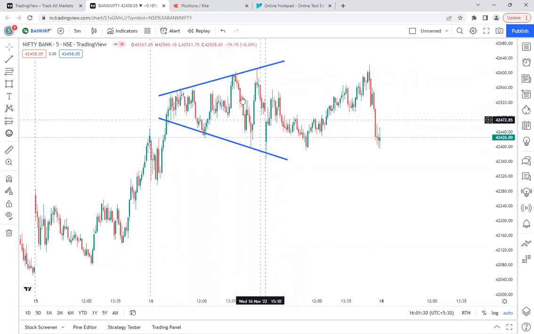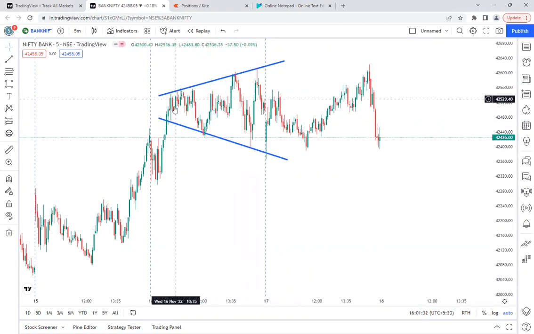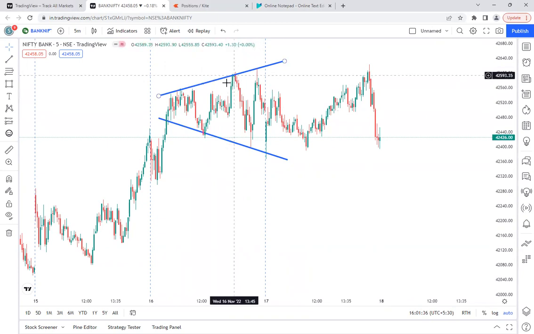And in this pattern, what we are observing mainly is that those who sold Bank Nifty here got killed off. That means they killed all the sellers who entered here. And those who bought here got killed off by this move. And those who sold here got killed off. It's just like a ping pong move, coming down, going up, coming down, going up.